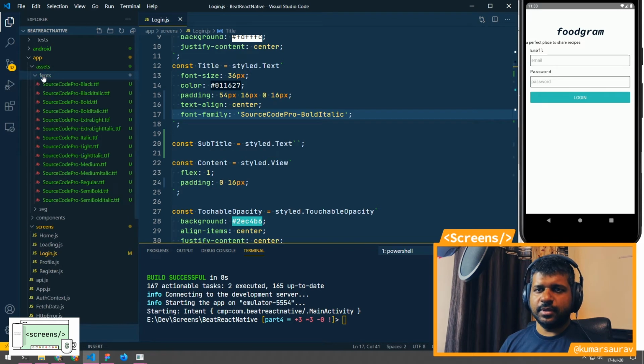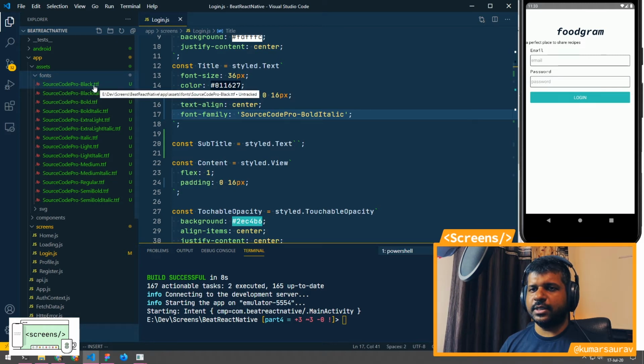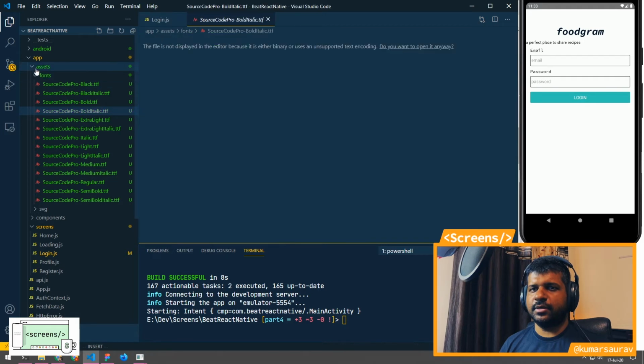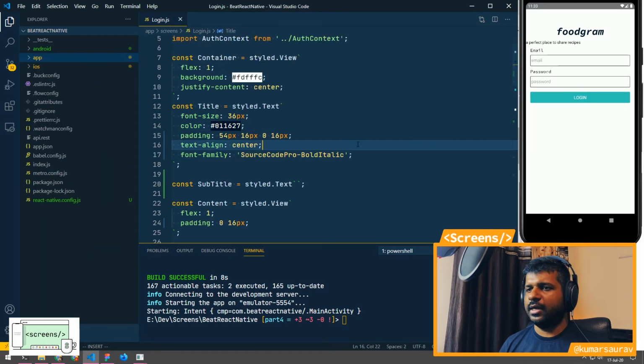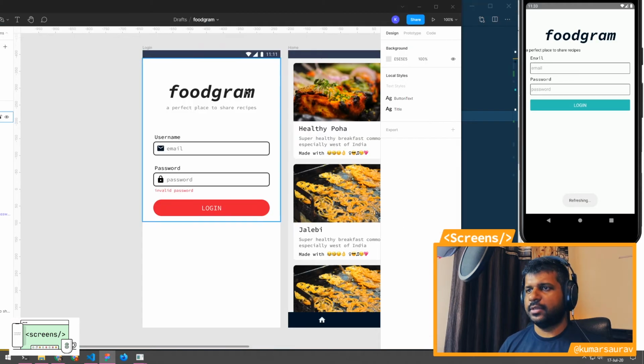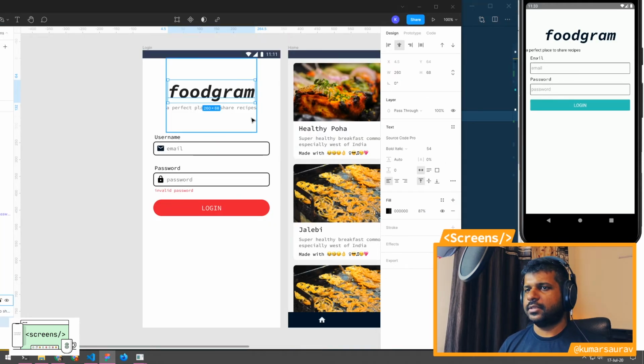Basically we need to use the font name and also remove the extension. Here I'll be using bold italic, which is this font. Let's go ahead and change the font size. I think the font size is 54 pixels. Let me check once again. Oh yeah, it is 54.